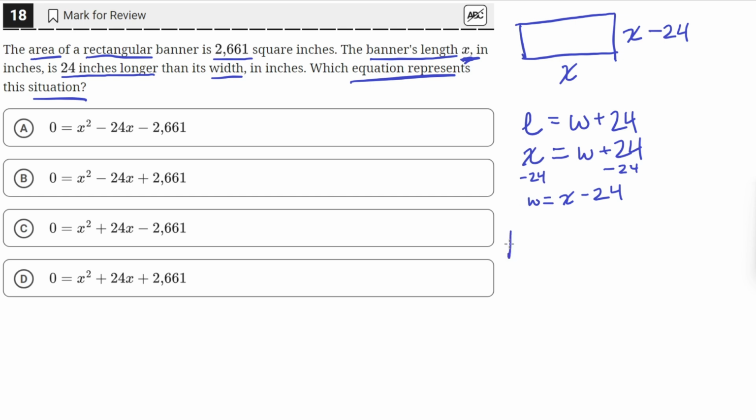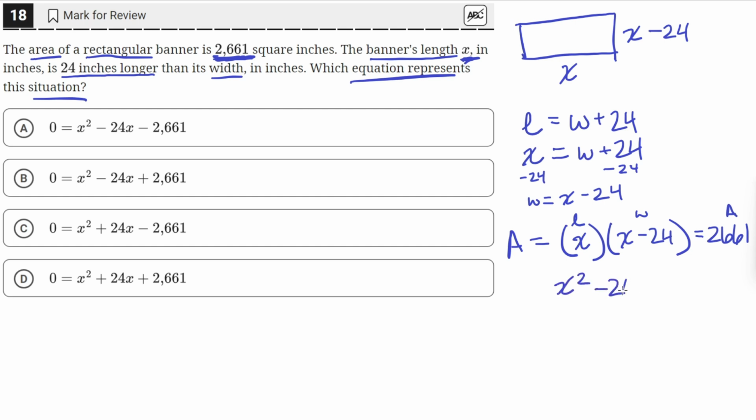So that means the area is just equal to the length times the width, so x times x minus 24. And we're also given a numerical quantity for the area, which is 2,661. So the length times the width is equal to the area of the rectangular banner. So now let's distribute out the x here. So we'll get x squared minus 24x